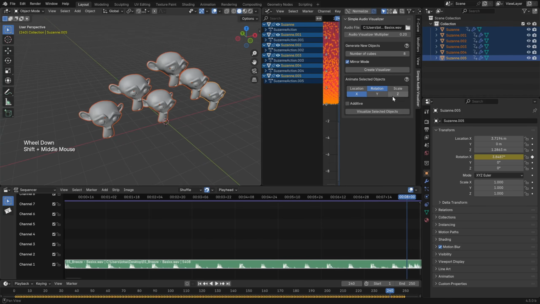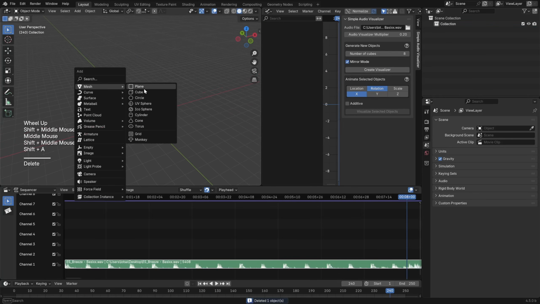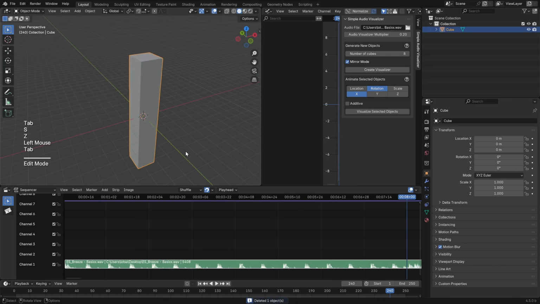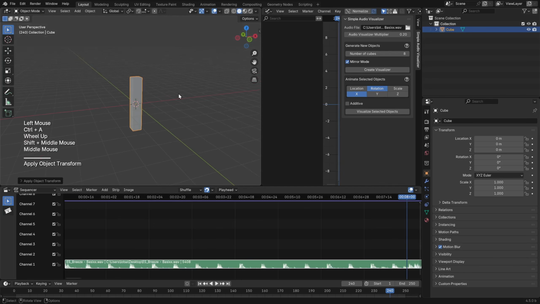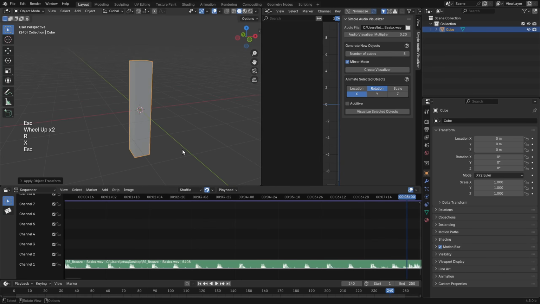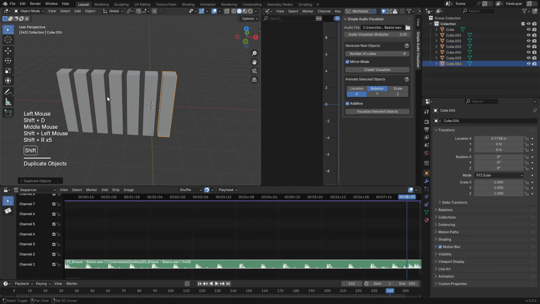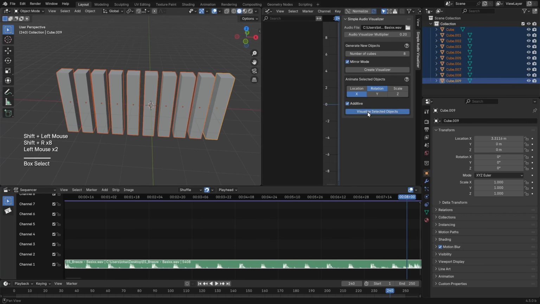That's just so cool. So this is such a powerful way to visualize music. And let me show you something else. If you add a cube, for example, and you scale it up on the Z-axis, scale it down a little bit, and now if I want to rotate it on the X-axis, but I want the rotation to continue, you can click Additive here. And if I make some copies of this, and then you simply visualize these again,